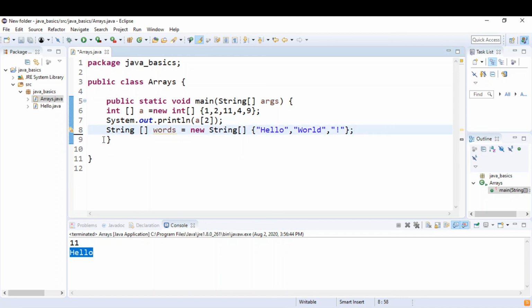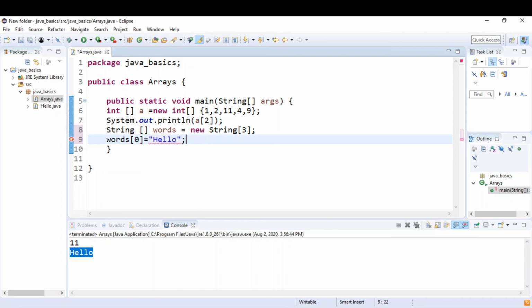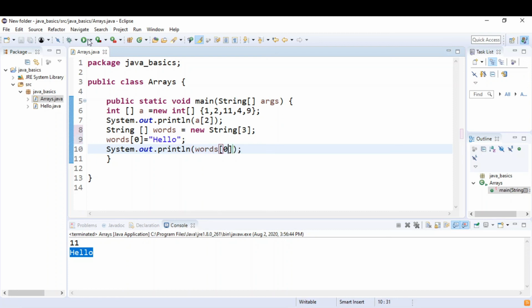This bracket would be deleted, and I'll write 3, and then I'll write words of 0 equals hello, right? Then sys out words of 0. So you can run here.